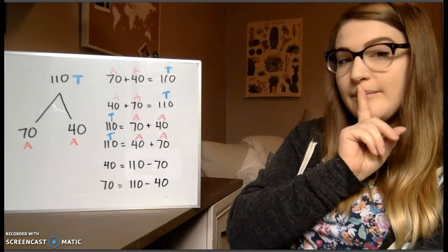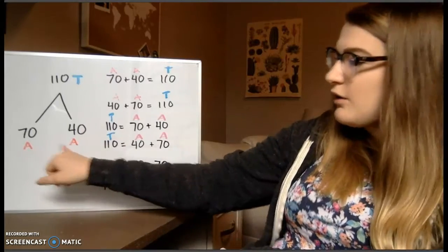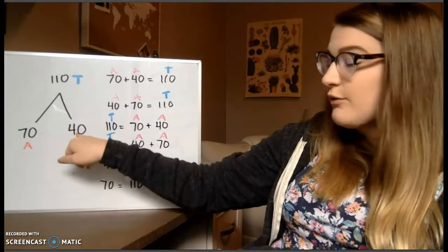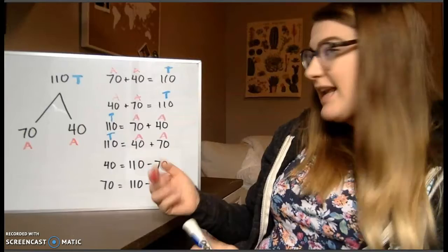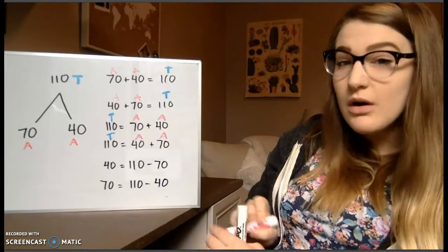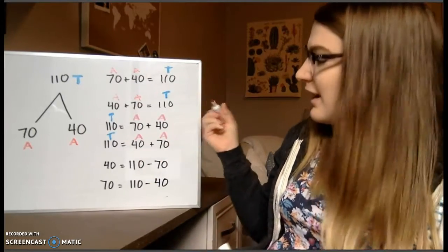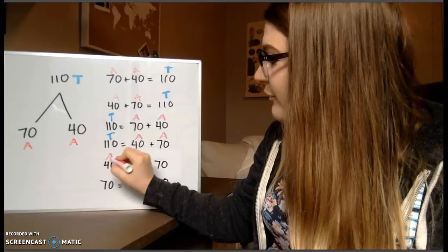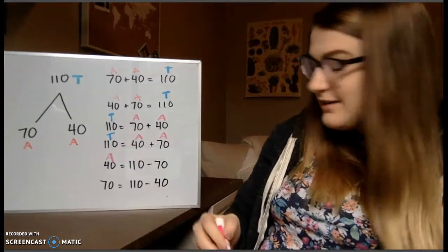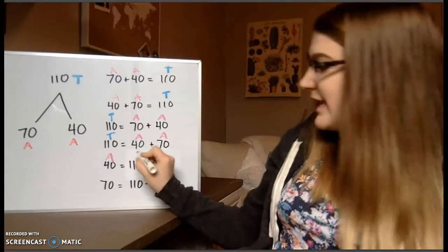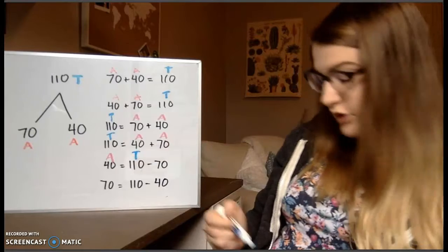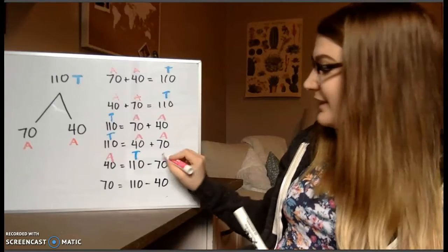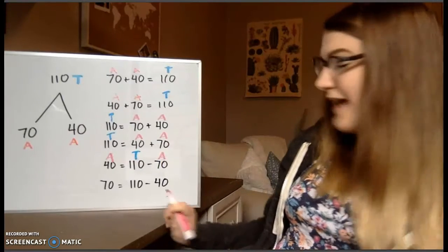Let's think about it. Well, we know from our math mountain that our 40 and our 70 are addends, and it didn't really matter what order they went in, they were still addends. So I'm going to say my 40 is still an addend, my 110 is still a total, and my 70 is also still an addend